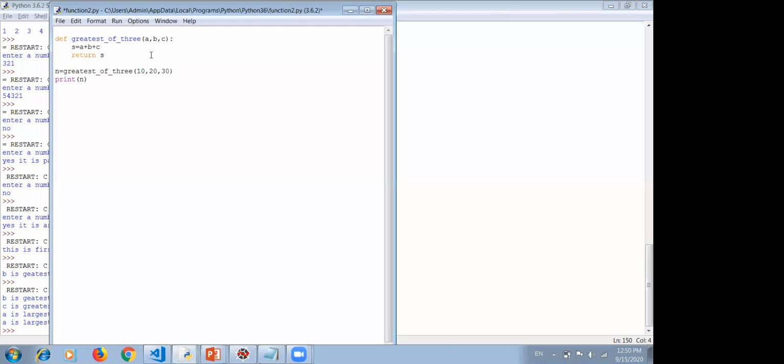For passing arguments to parameters, there are three ways: one is positional arguments, second is keyword arguments, and the third is default arguments. You can also use the return statement, and this return value will be saved in the variable where the function is being called. I hope the basic concepts of the function are clear to you.